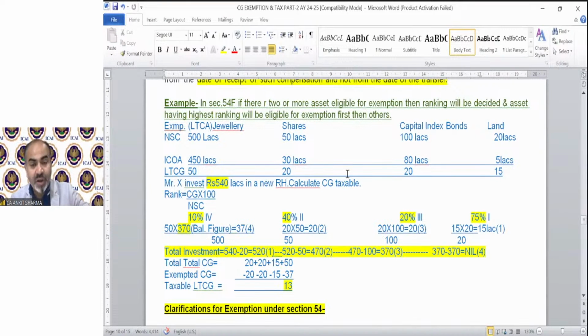So if he has already got an exemption based on a residential house, even in an earlier previous year, and the 2 years or 3 years have not elapsed, then you cannot claim the exemption for the next residential house. So your query falls under condition number B, which is technically not fulfilled. So if you already have a residential house and 2 years and 3 years have not passed, then you cannot claim the exemption. But if the 2 years, 3 years have passed, then you can get the exemption, not an issue. Next is